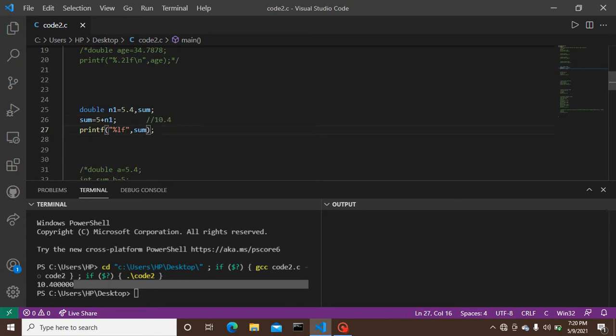But as we have given the declaration of double float type, percent lf, for this declaration the output of the variable sum is going to be 10.400000. That's what the code looks like. Wait for a while. We are going to proceed to our next code.